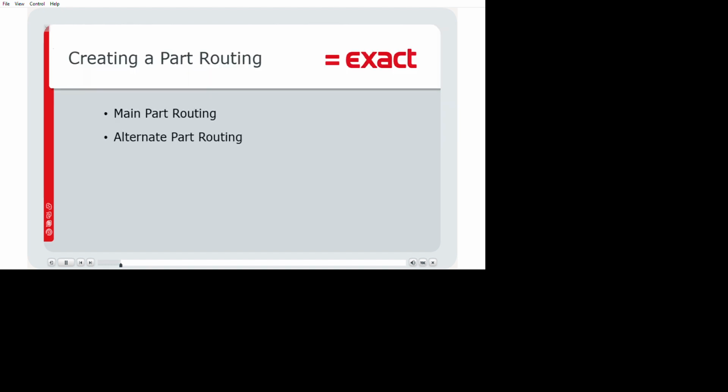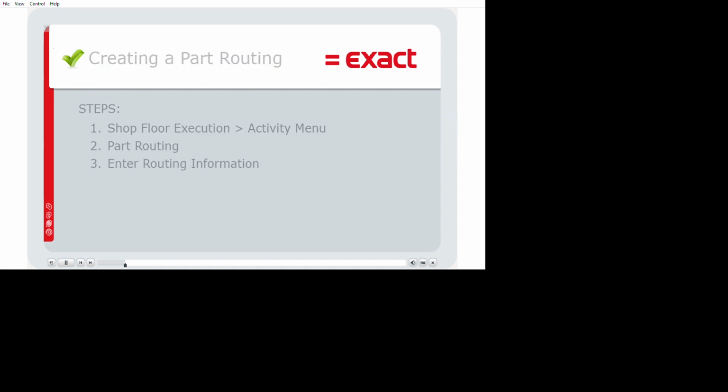There are two types of routings that can be created. The main part routing, which is used for the standard manufacturing process, and an alternate part routing, which is an additional routing that can be used in lieu of the original routing. These are the steps we'll follow. From the System Manager, we'll select the Shop Floor module and then the Activity menu. Then we'll choose Part Routing, where we will enter a regular routing operation,